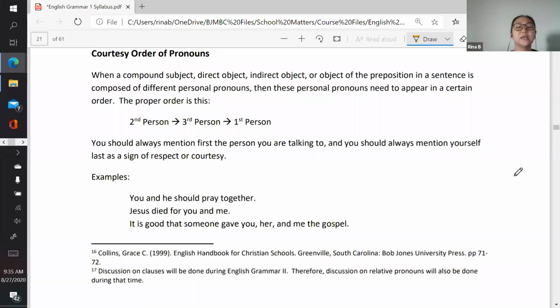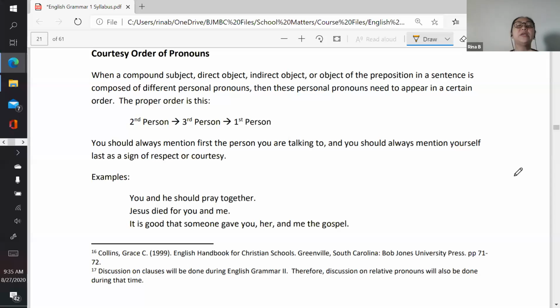So the same rule will apply even if you only have two different kinds of personal pronouns. You and he should pray together. You should not say he and you should pray together. Well, you could say that. The sentence still will make sense, but you're not following the courtesy order. So when you are using a combination of pronouns,